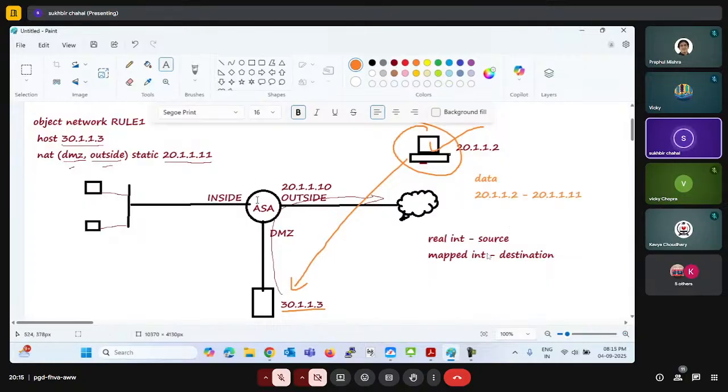So now whenever traffic hits the WAN port on the ASA, the WAN port is going to check the NAT rule. Or you can say it is going to check which table, guys? The xlate table, in which there is an entry: 30.1.1.3 is going to translate into 11, right? So this is the translated IP address, and this is the real IP address. So now whenever traffic is hitting the WAN port, the source IP is 20.2, and the destination IP